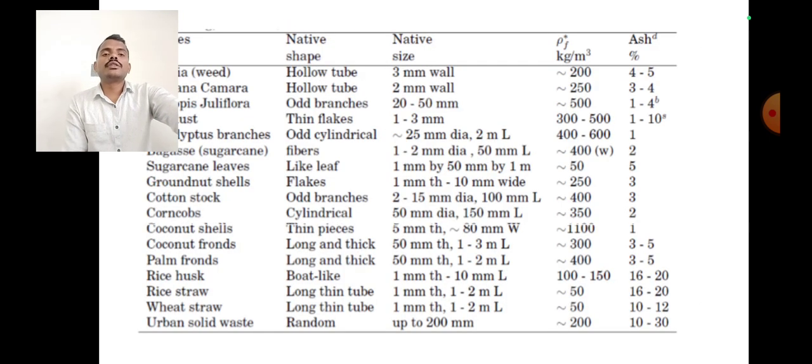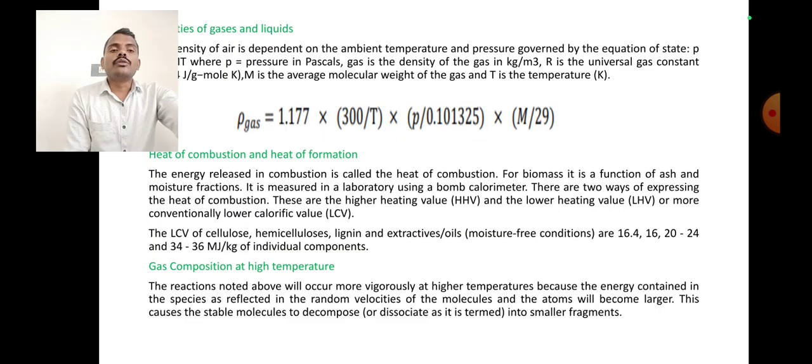This is a chart showing the density, and how much ash is formed when combusting this kind of biomass. Based on that, the lower the ash formed, the higher the heating value. It is the heat of formation. Next,